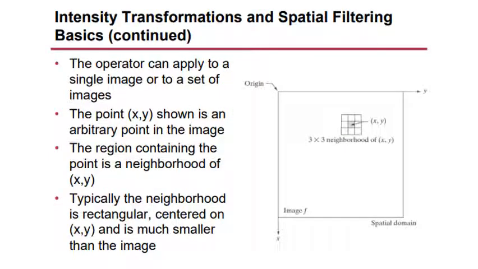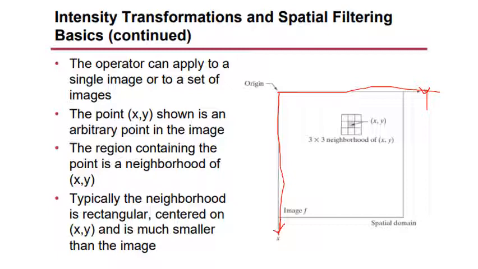So if you can see this figure in front of you, this is what we mean by the spatial domain. I can call this one the x-axis and this one the y-axis. That depends on how you represent it. When I show it like this, it means as x varies we go to different rows, and as y varies we go to different columns.